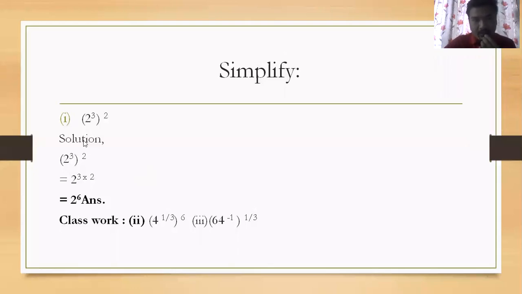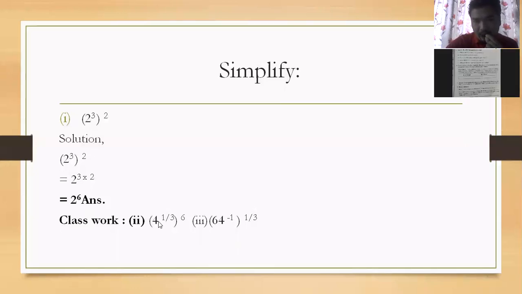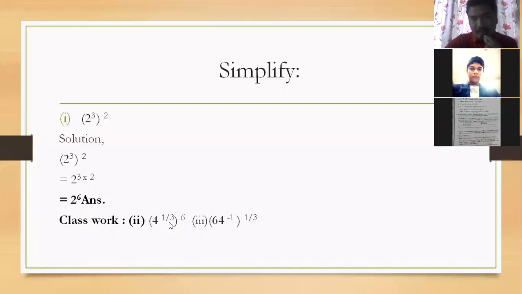Okay, children. Okay, sir. And similarly this one, how will you solve question number 2? 4 to the power 1 by 3, with LCM of 6 and 1. First of all, you will multiply, and not LCM. We have to multiply 1 by 3 and 6. The power and whole power will multiply, then it will be 3 to the 6. And it will be 4 square, 4 square it will be 16. Same it will be in the next one.